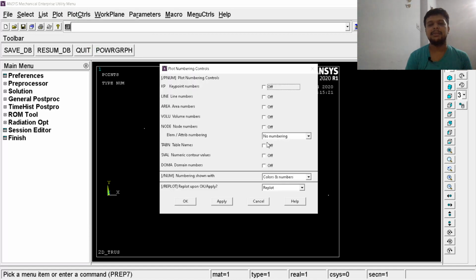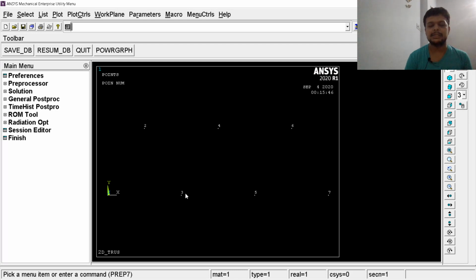Here different numberings are there. Right now we are interested in keypoints first. Switch it on and apply it. So every point has been given a number: point number 1, 2, 3, 4, 5, 6, 7. You have seen that each point has been named by a point number, which I used while creating these points.